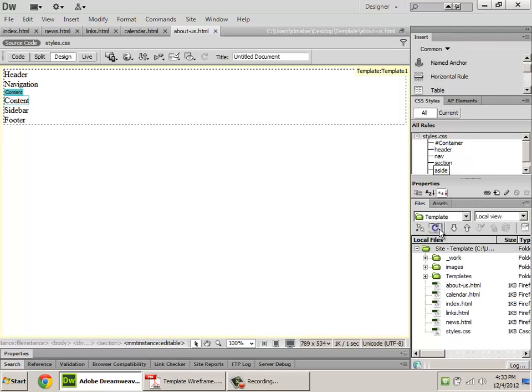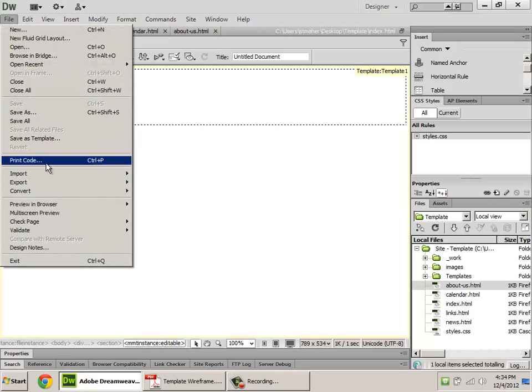And you can see I refreshed my files panel, and there's all of my HTML files. They're actually all open here in Dreamweaver as well. The one thing I do want you to notice is that in the upper right hand corner there's a nice little tab telling you what template they're linked back to. So I'm going to close all of these,